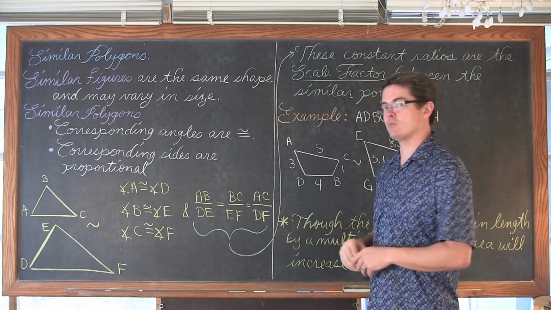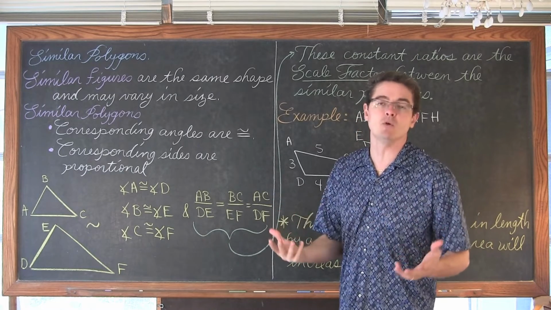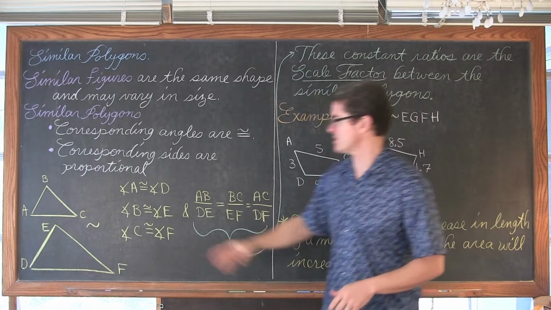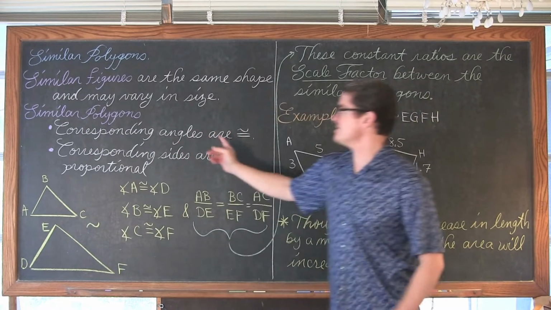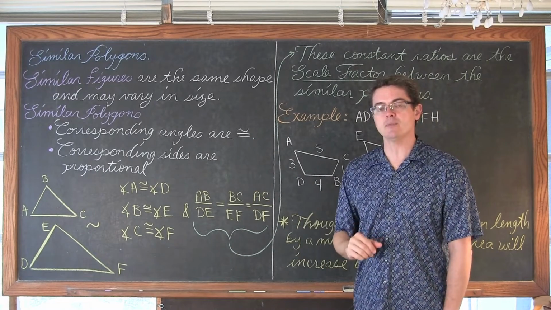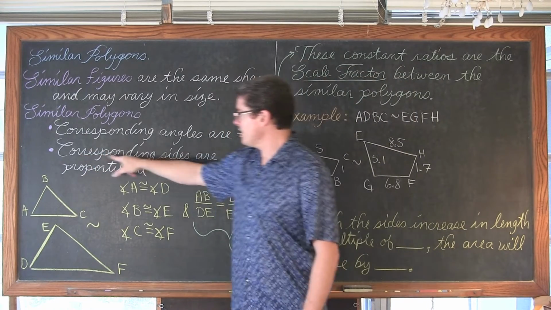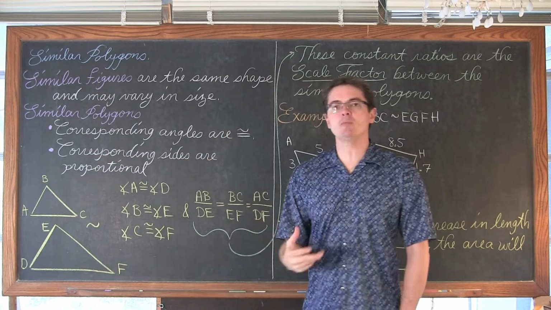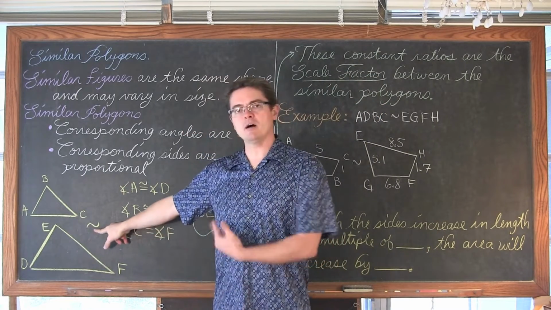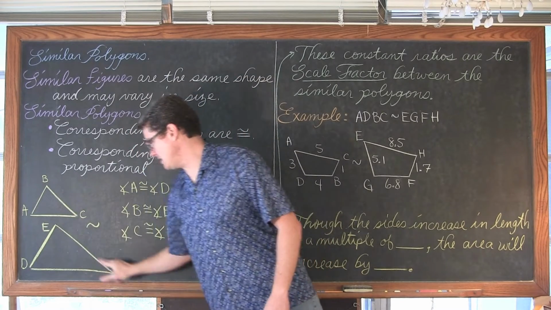Similar polygons do have that possibility of, and most of the time will be, different sizes. And of course polygons, being closed figures with straight sides, must have corresponding angles which are congruent. This is what locks those polygons to be the same shape. And their corresponding sides must all be proportional. So in other words, we have a couple of triangles here, which I have off to the side, showed that they are similar. And we have triangle ABC and triangle DEF.